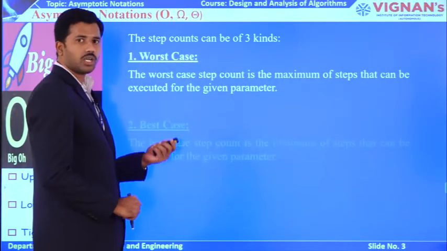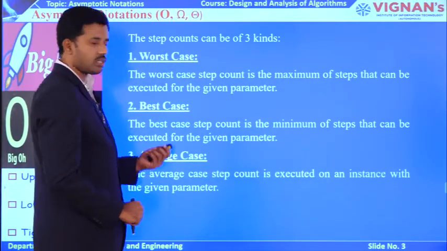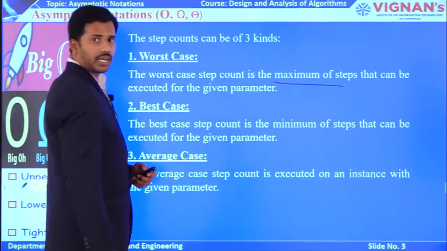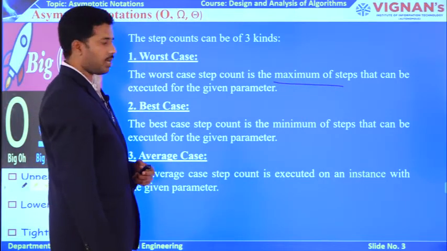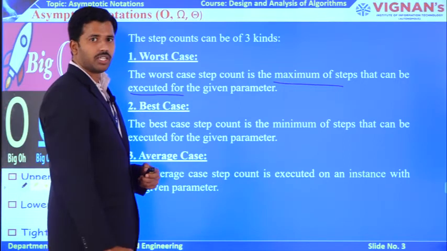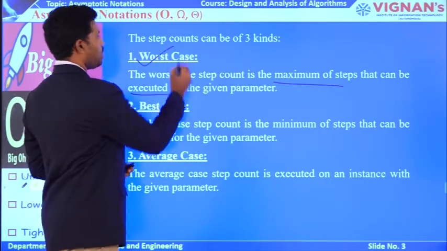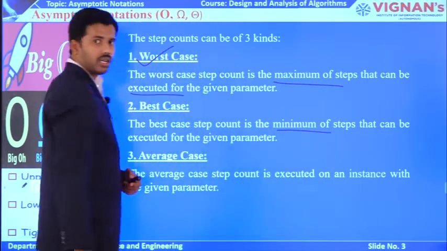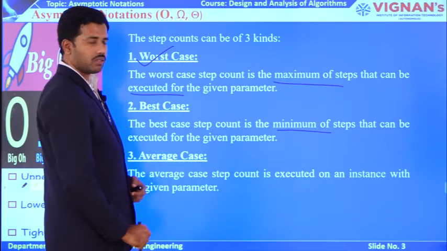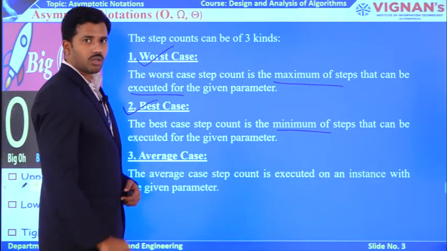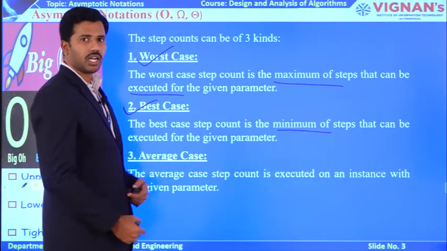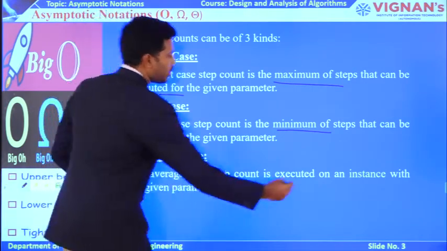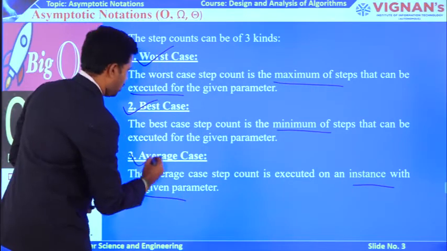As I said previously, in total you are going to have 3 cases: worst case, best case, as well as average case. If you find the result after performing the maximum number of steps of execution of your algorithm, based on the particular parameter, you can consider this a worst case. If you find the result in the minimum number of steps, you can consider it a best case. If you are finding the result in the middle of the iteration, or it depends upon the parameter instance, then I can consider this an average case.